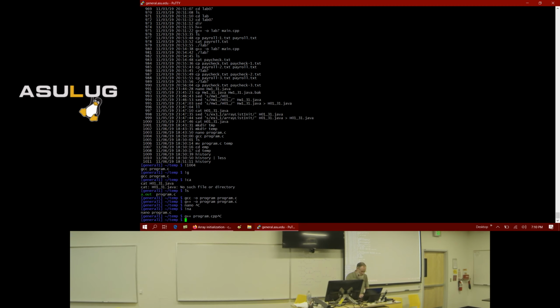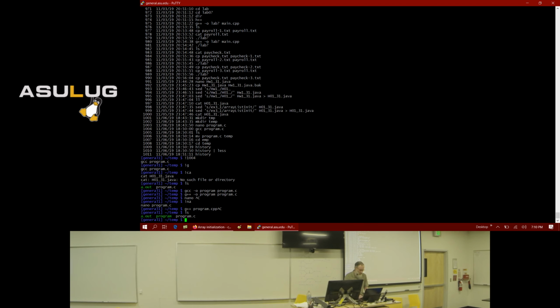Oh, I'm going to rename my file too. Do you know how to rename a file? So my program is program.c. If I want to rename it, this took me forever to figure out when I started using Unix, because I was looking for a command named rename, and that's not how you do it.